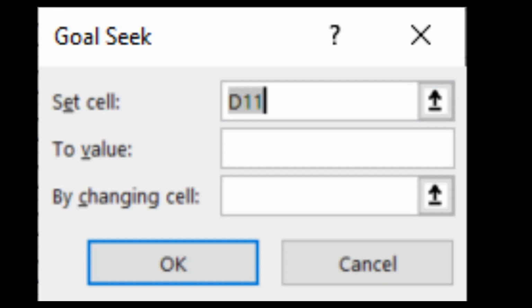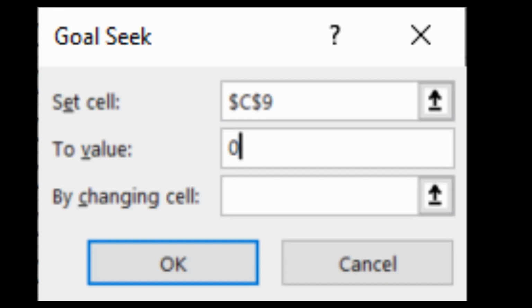Here I want to look for the net income for January. So this is C9. This is my goal cell, which cell I want to set up my goal. And my goal this time, I want to get zero income, which means no loss, no profit. That's break even. So set C9 to